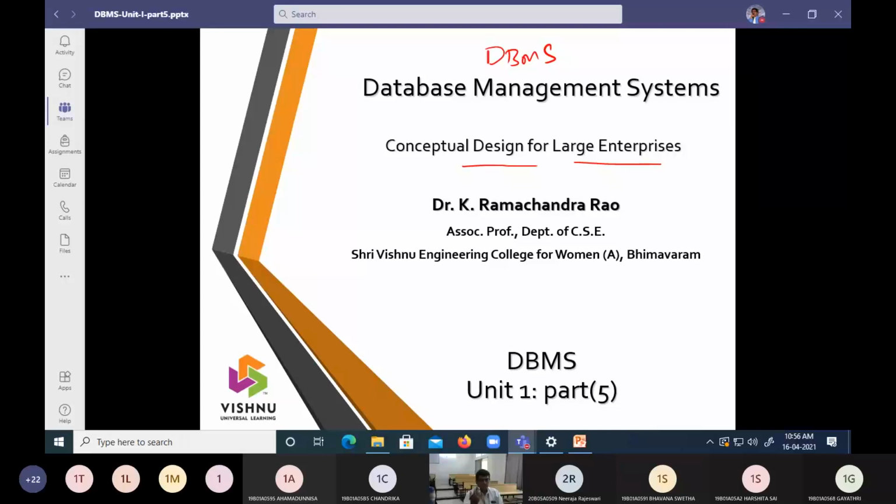There will be three tables and the relationship will be among the three entity sets. That is what we call a ternary. So we will be talking about ternary or more relationships.